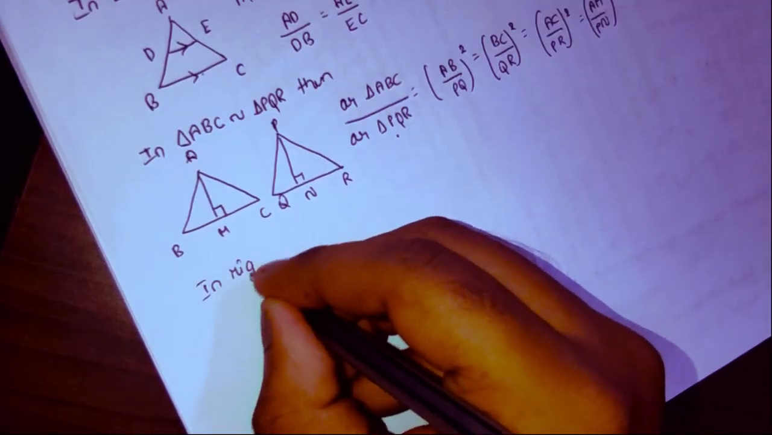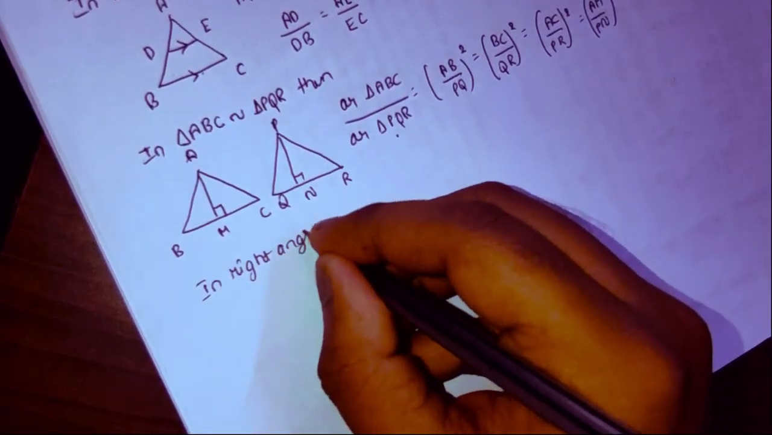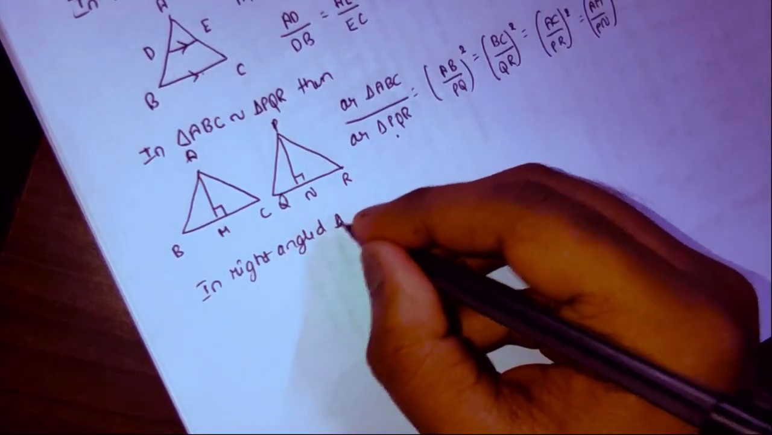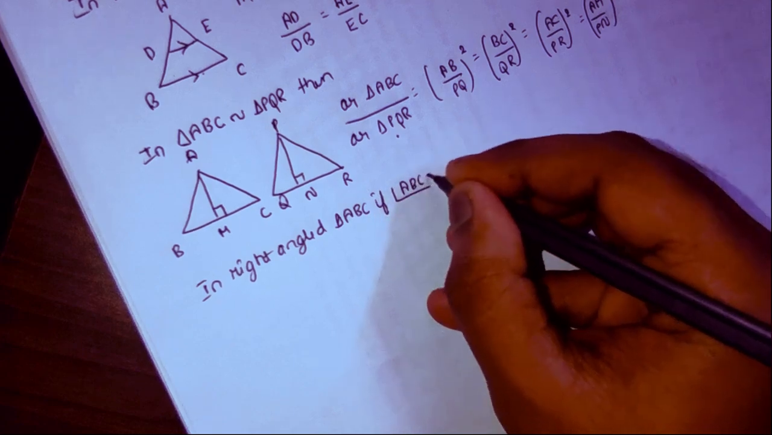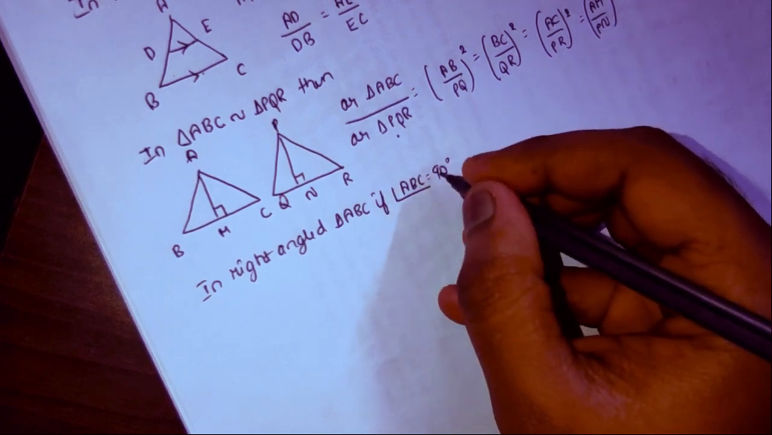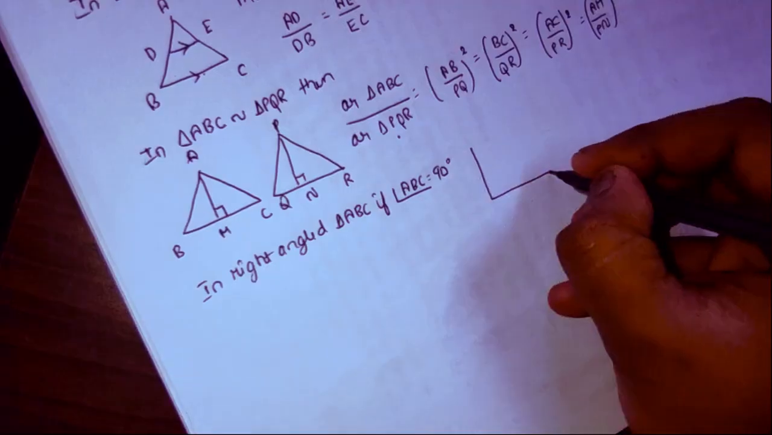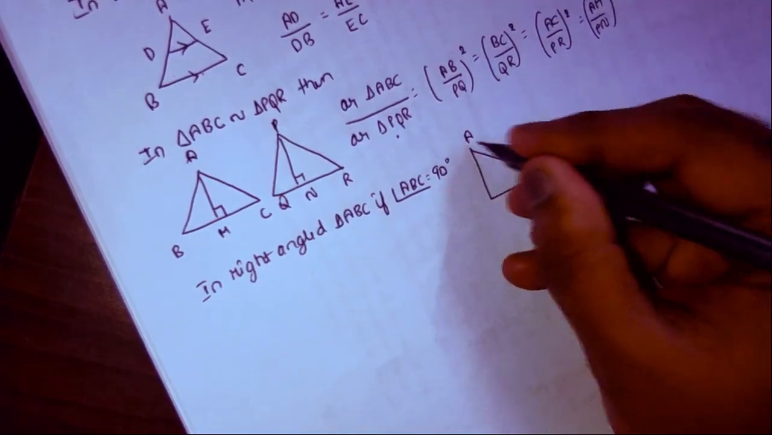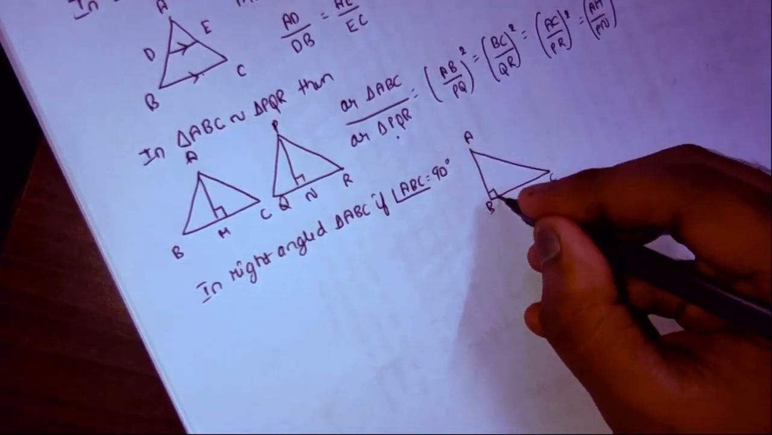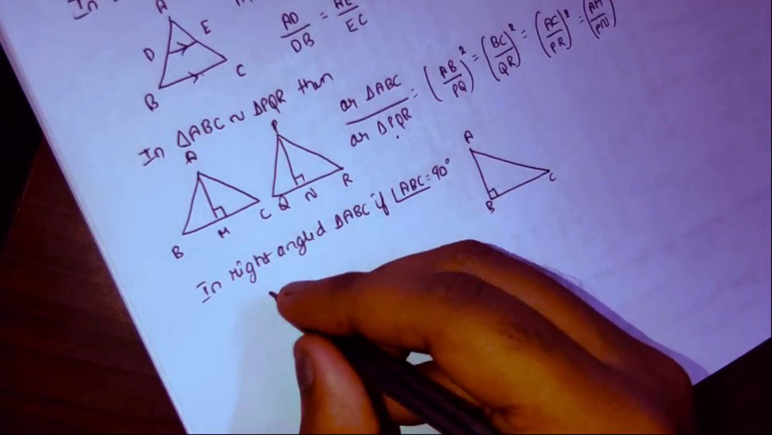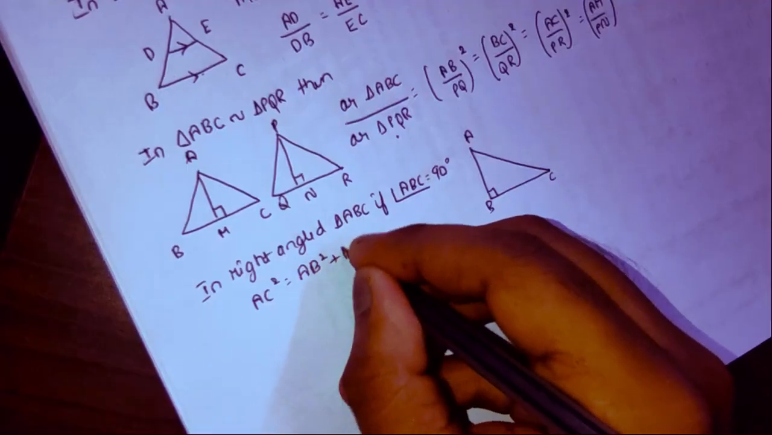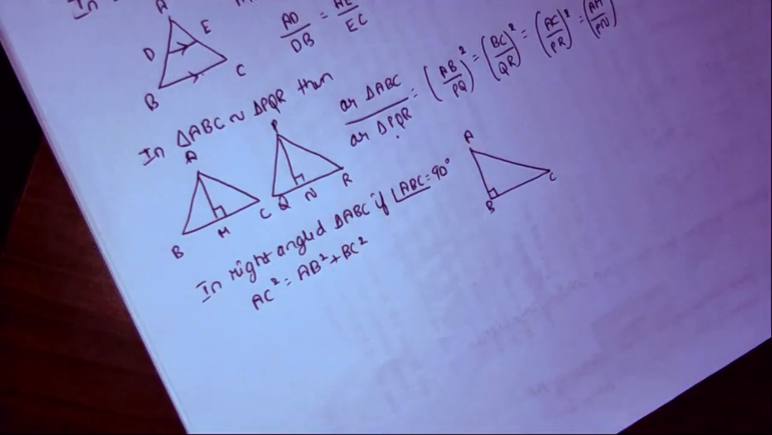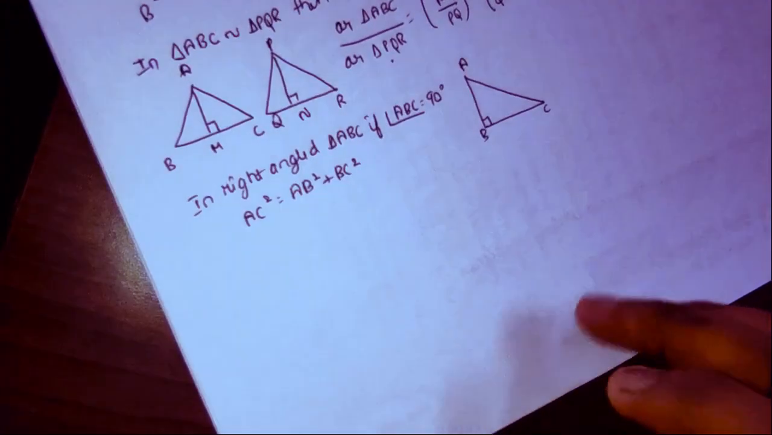In right angle triangle ABC, if angle ABC is equal to 90 degrees, we'll take a triangle ABC. This angle is 90 degrees. Then this is nothing but Pythagoras theorem. AC square is equal to AB square plus BC square. This is the Pythagoras theorem. Last formula of this chapter,